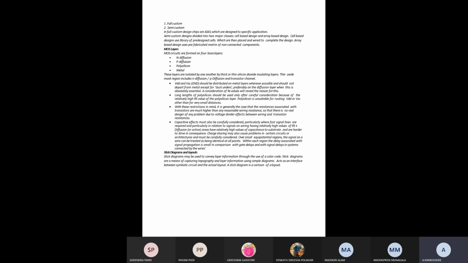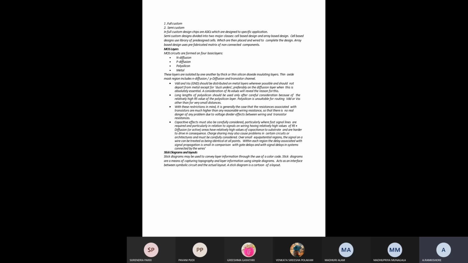So this is about today's class. We have seen what is meant by VLSI design flow and the different approaches or performance factors we have to use in the VLSI design flow, that is, one is the full custom and another is the semi-custom process, while fabricating the VLSI chip for any type of technology.